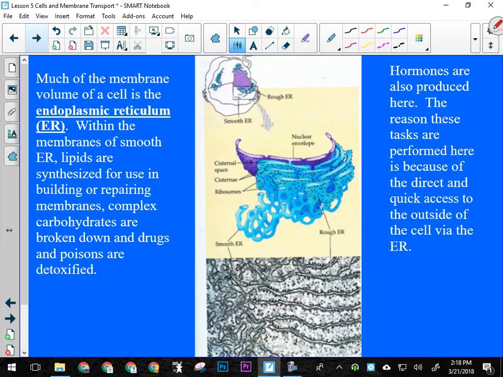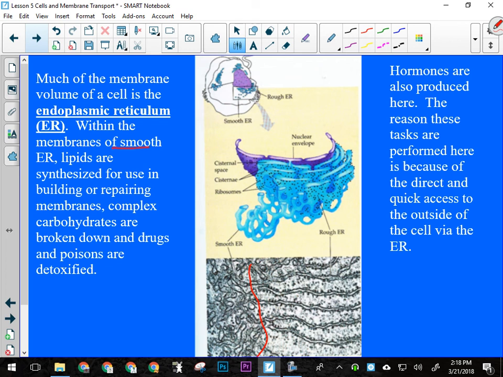Under an electron microscope, this is actually what it looks like. The smooth ER would be kind of this side, okay, and you can see that it's pretty random looking. But the rough ER is a lot more organized, and you can see all the little ribosomes stuck on its surface, whereas over here you see very few, if any, ribosomes. Okay, everyone kind of follow the difference? Okay, so